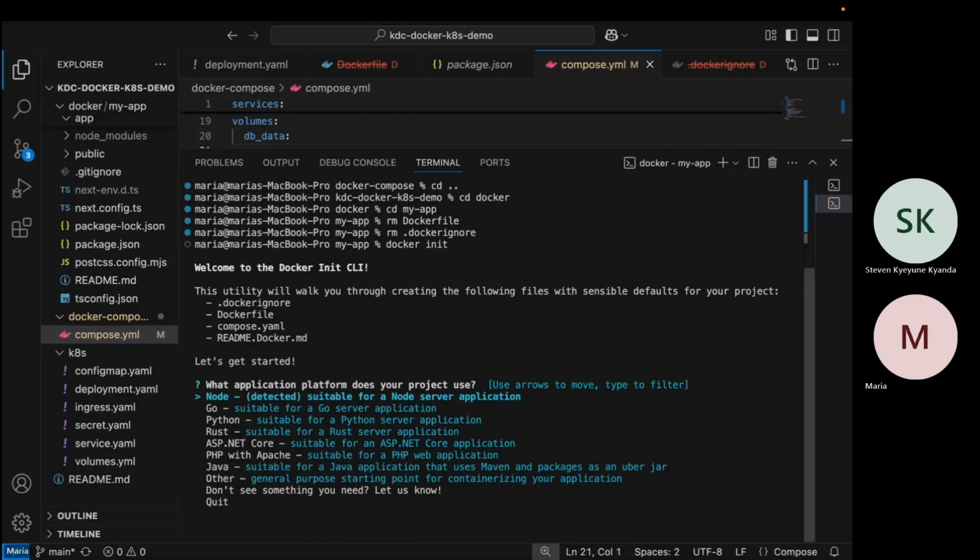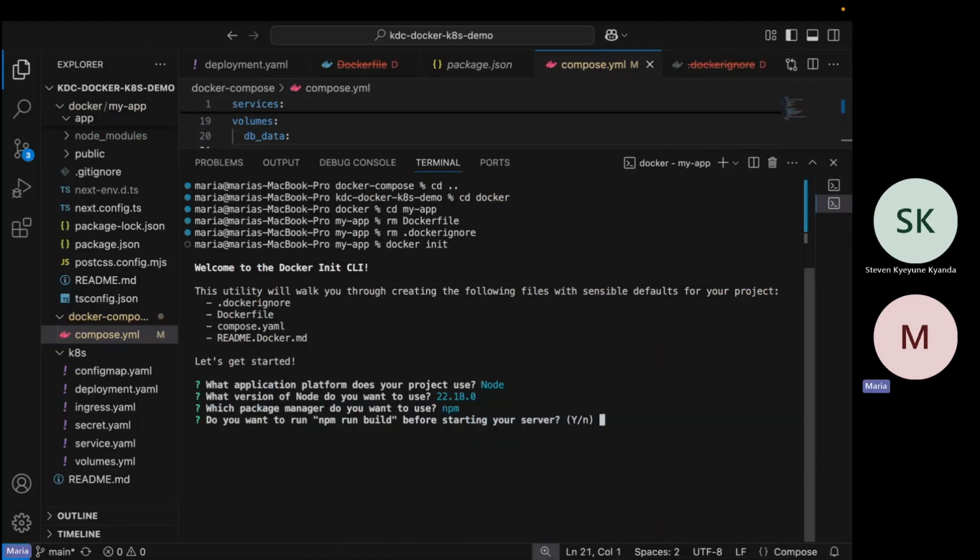Which package manager? And how do you start your server? How do you build? npm run build. So I put yes. What directory is your build output to? So I think the compilation will go to which directory? Comma separate if possible. I could do dist, but I think it's reading from .next. Command to start the app, npm start. That's right. The port your server should listen on. 3000 is already in use, but that's it.